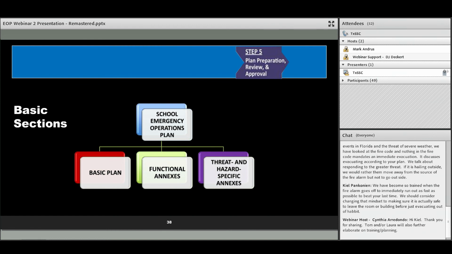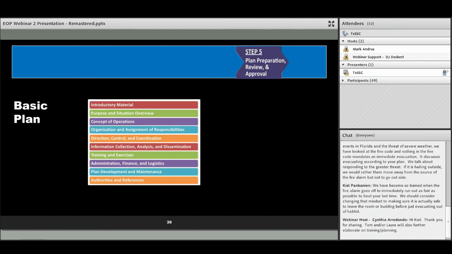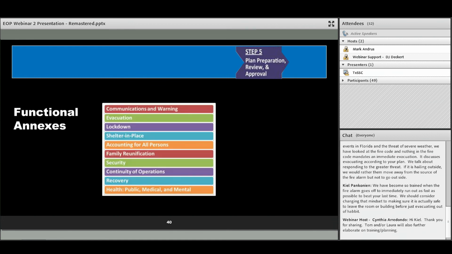We also have a very specific webinar planned in the next few weeks for going through in detail the basic plan components. So at this point, we're not going to address all of the details there, but I just want to show you. These are just typical. There's no one size fits all. There is some overlapping verbiage, but just some general standard sections that you see in a plan. Basically, again, the basic plan just gives an overview of how the school and the district is going to respond.